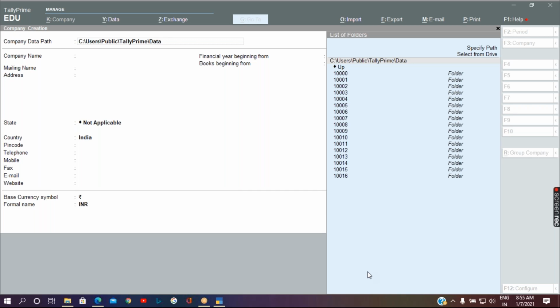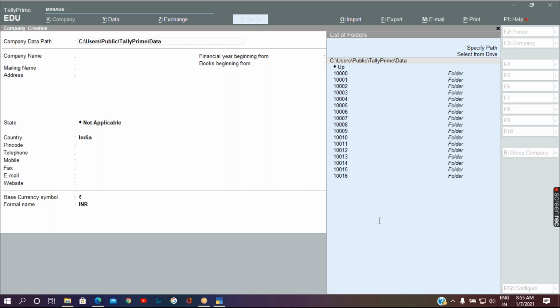Can anyone remember, when you are using shortcut keys, if you find a shortcut key with a single underline, what is the key combination? Very good.